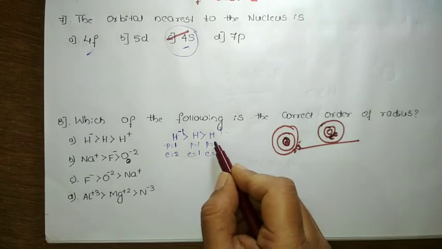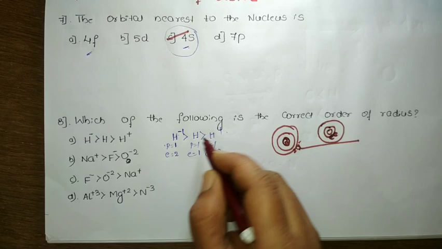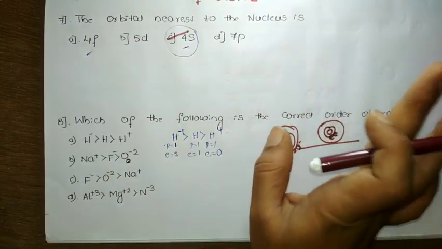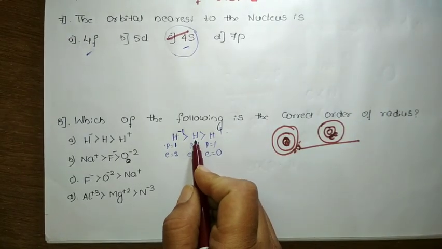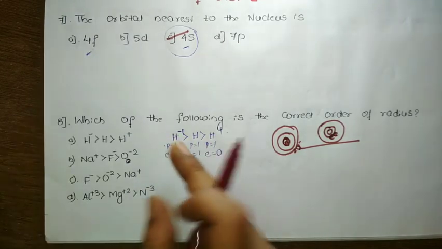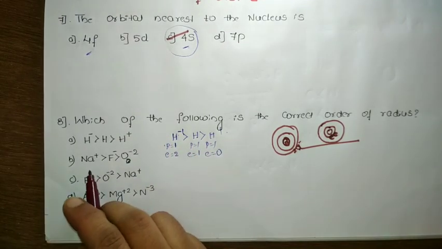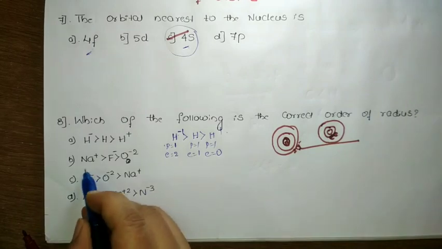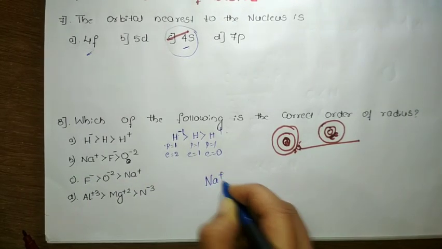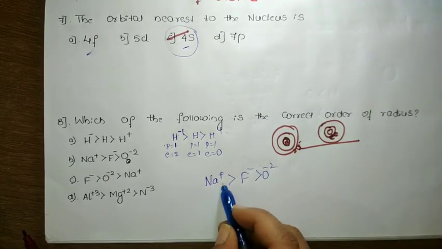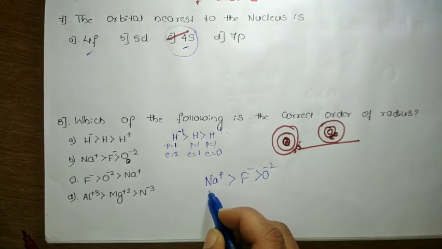Since the proton is more, the hydrogen and the H plus ion sizes are not that variable here. Almost they will be equal, but the stable hydrogen atom will have a larger size compared to the H plus ion. Yeah, this arrangement I can consider. Now it doesn't mean that B, C, D are wrong, that also we need to concentrate on. How? It's quite simple. For the Na plus, and the arrangement they have given, F minus followed by O2 minus, then Na plus. So we need to concentrate on what?